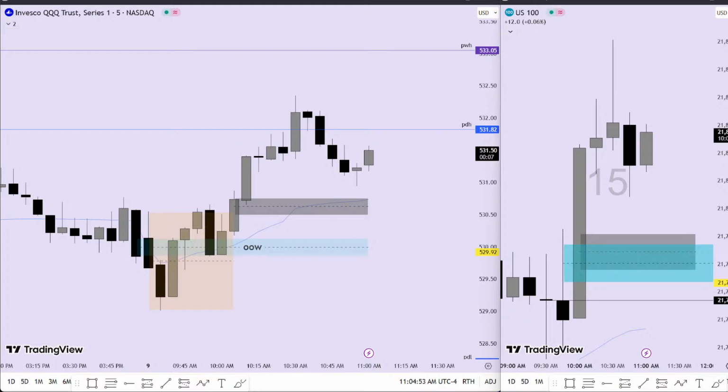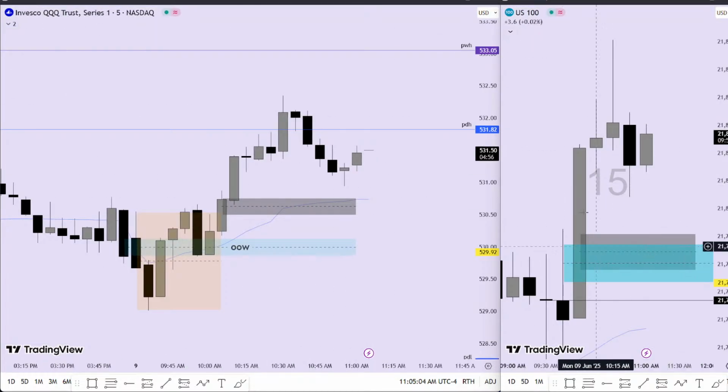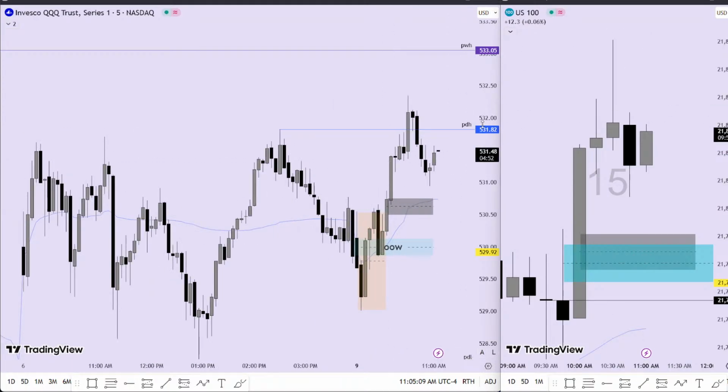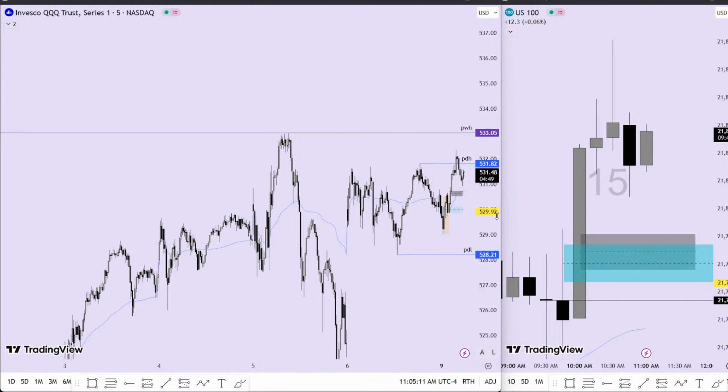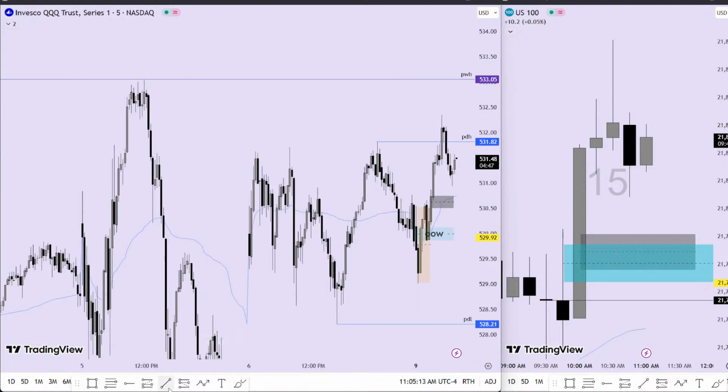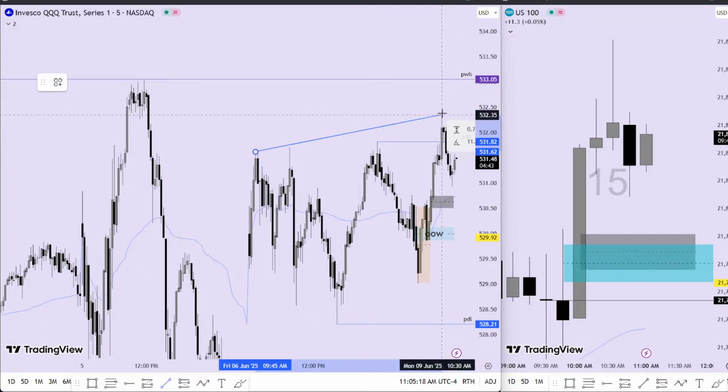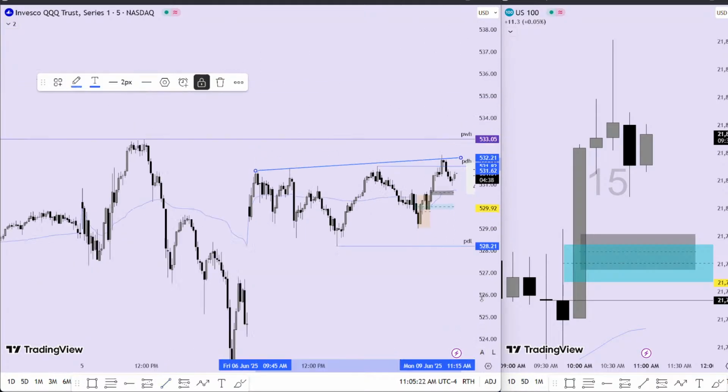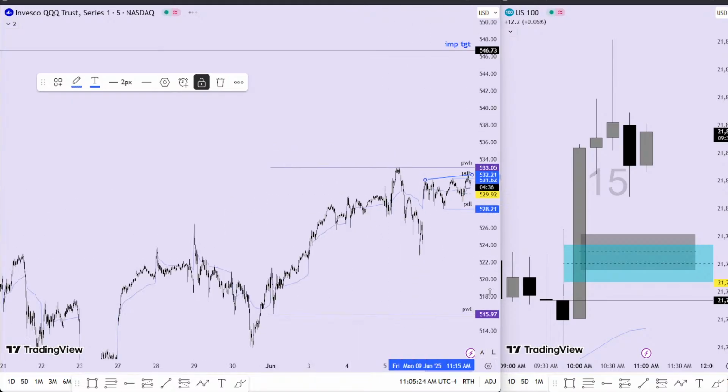For reference, this is a Globex chart, and this is regular trading hours. This is QQQ on a 5 minutes time frame, and we are using 15 minutes on the Globex chart. Since we are in an overall trading range,